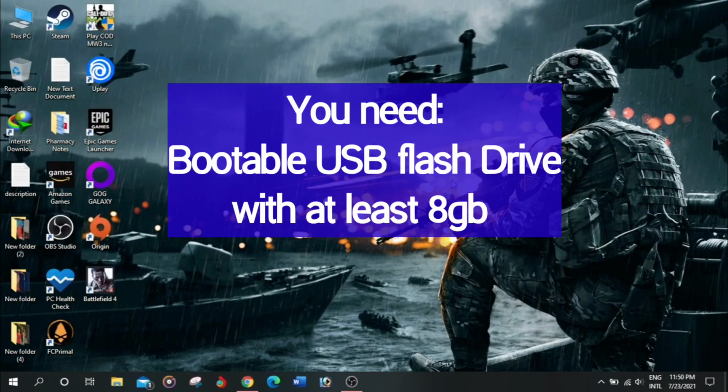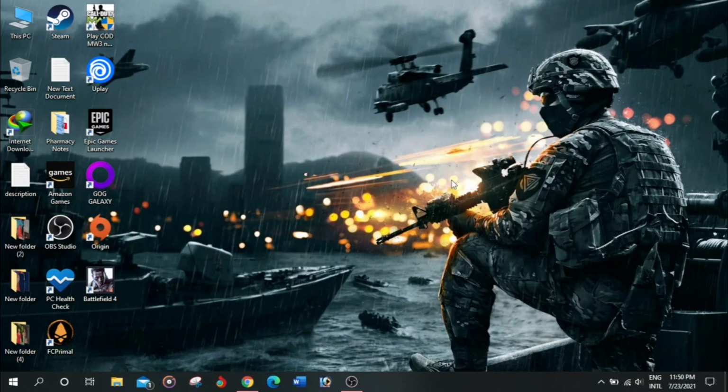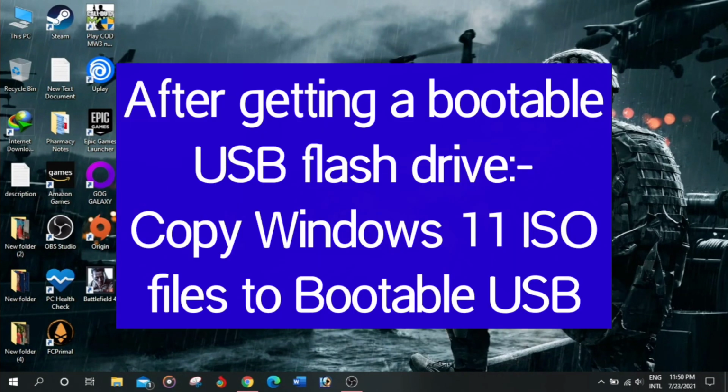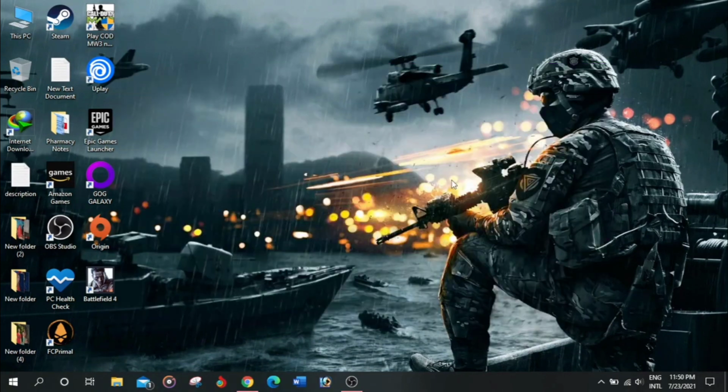Now after that you need a bootable Windows 11 install disk. You will be needing at least an 8 GB USB flash drive. To make it bootable, I'm suggesting some videos in the description, so you can check them out. After you make a bootable install disk, you need to copy and paste all the files into your bootable USB flash drive.